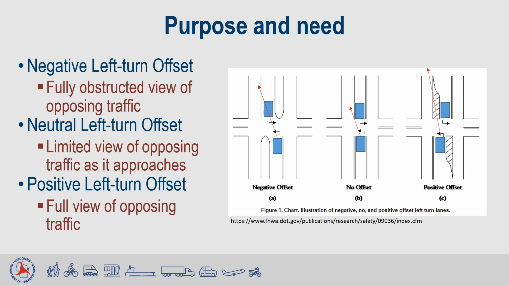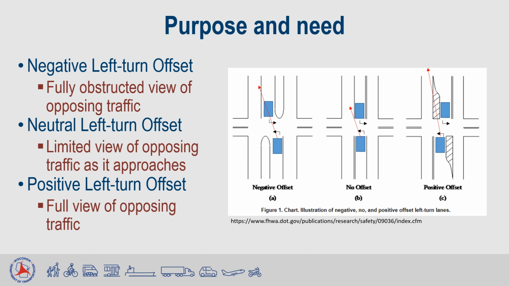A neutral left turn offset configuration improves this by typically allowing drivers to see the oncoming traffic near the intersection, though their view of traffic approaching the intersection from a distance would likely still be obstructed. The image on the screen shows this due to how close to the intersection the red line of sight is